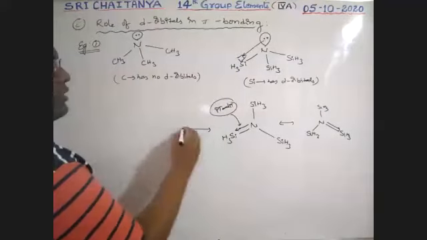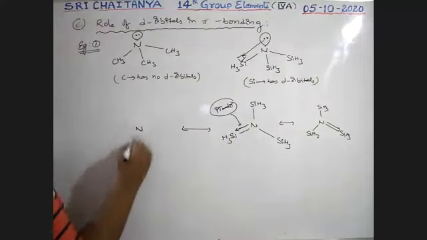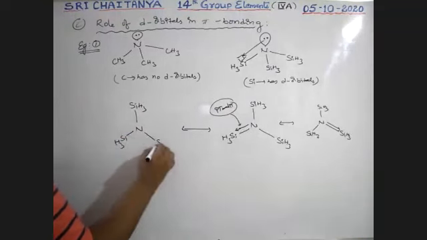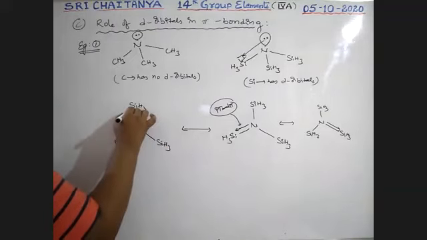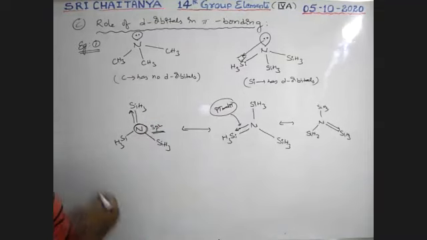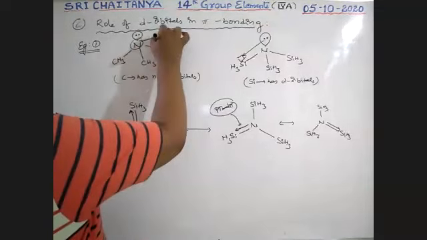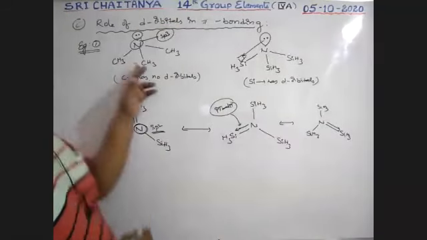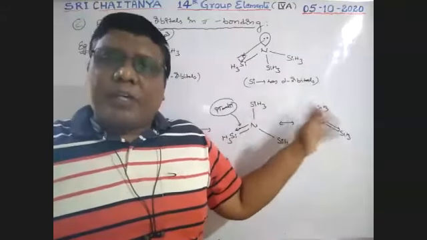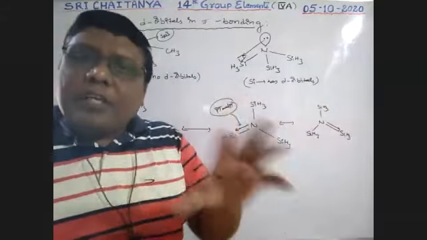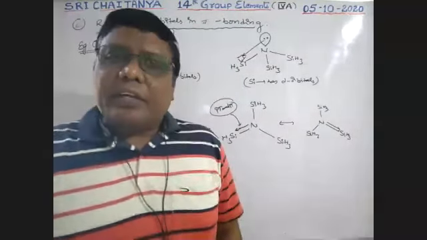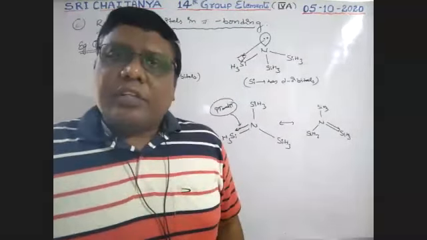Similarly, it is also involved in resonance, that is the nitrogen with SiH3. So it is like this. Here nitrogen is in sp2 hybridization, but here nitrogen is in sp3 hybridization. But no d orbitals are there. Therefore, this molecule is pyramidal in shape, while the other has a trigonal planar shape. That means if d orbitals are involved in the hybridization, automatically the structures may deviate. If d orbitals are involved in bond formation, the structures may deviate.